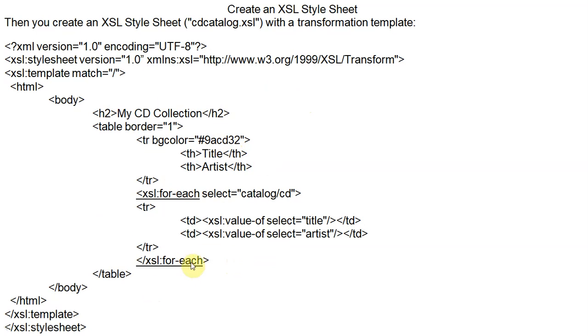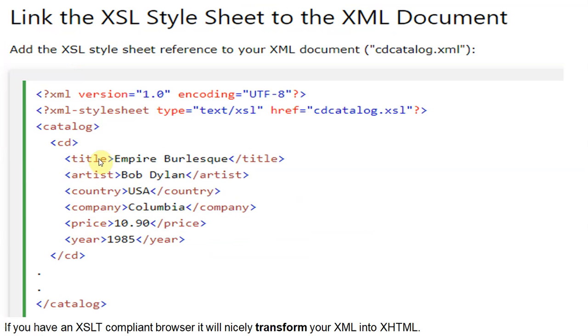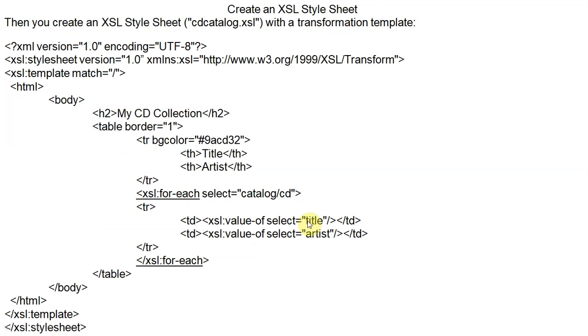So this is the for loop, called the XSL for loop, xsl:for-each, and inside this we have given xsl:value-of select, and xsl:for-each is the loop, and value-of select represents the element. So we have many elements, but we are selecting only two: the first is title and the second is artist. These are called value-of select: value-of select title, value-of select artist. You can see here value-of select title, value-of select artist.